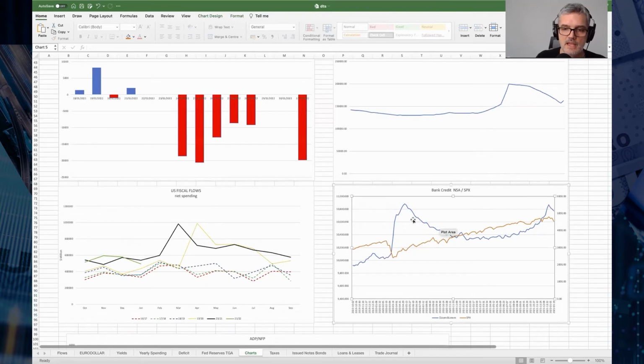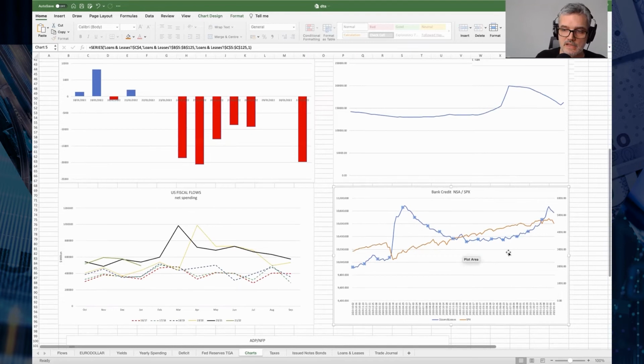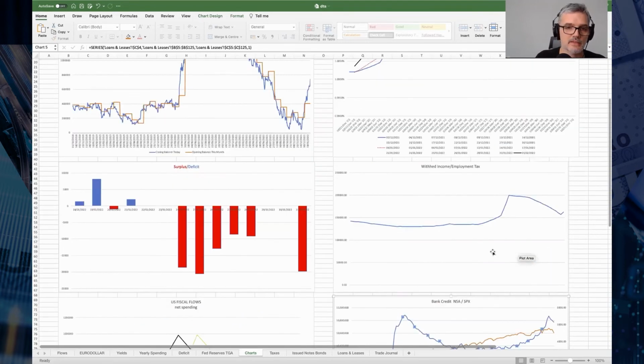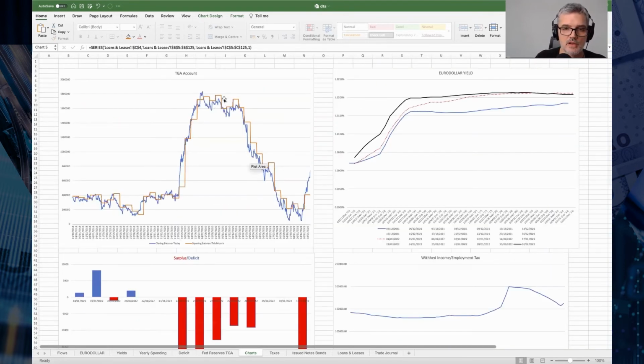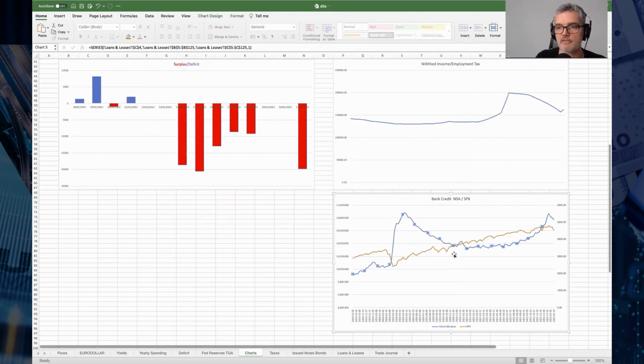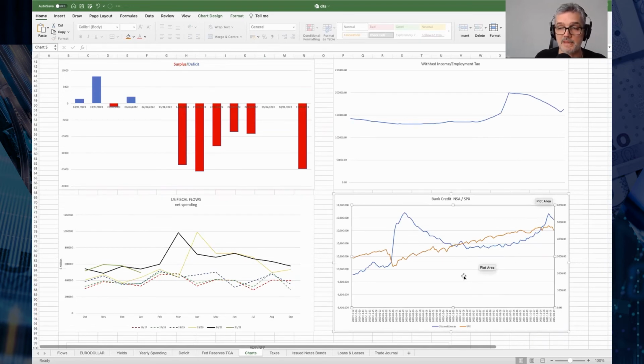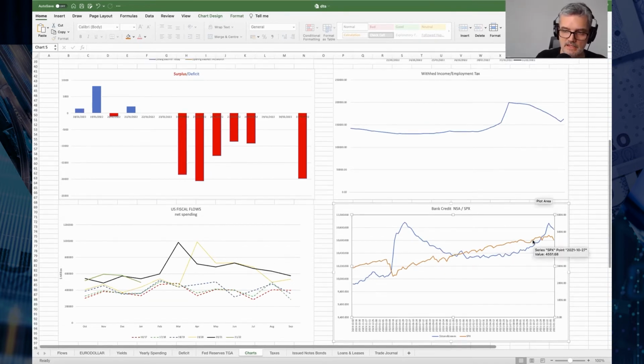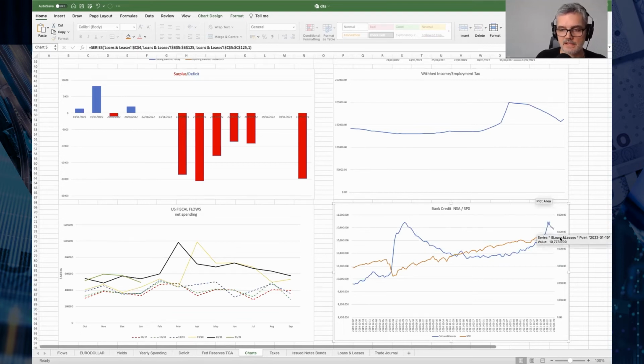Looking here, got bank credit in blue. That had obviously been declining as banks were worried about being able to cover any defaults in loans, and also when the Treasury were reducing their balance sheet, they were putting all of these reserves on the banks, which meant that their reserve ratios were impeded and they couldn't lend based on the reserve ratios. However, that has now changed, and we're seeing a tick up until the last couple of weeks where it's starting to decline.